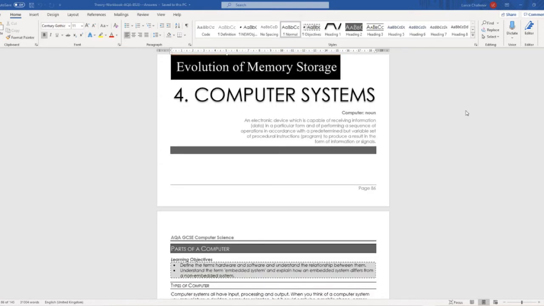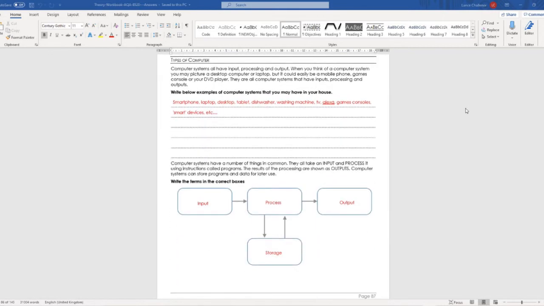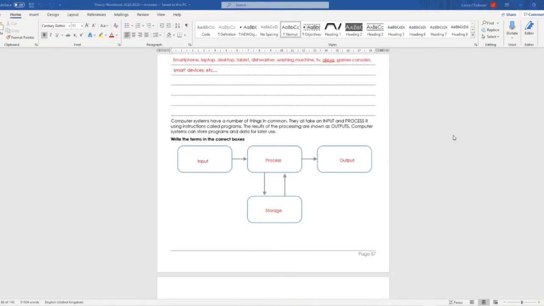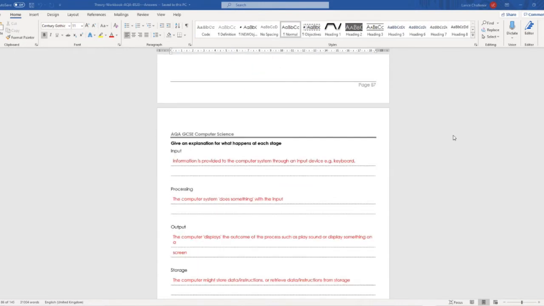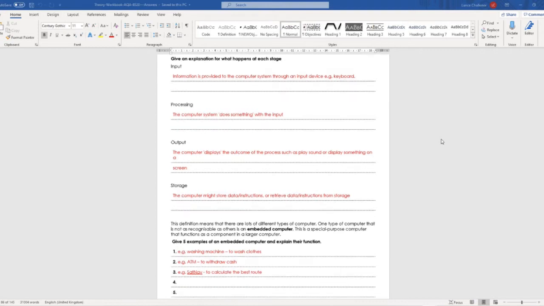So we're looking at computer systems themselves, starting with parts of a computer. I'm hoping that you can all do this without me having to explain it. It's just basic types of computers in your home and the input, process, output, storage model, and then give an explanation for what happens at each stage. Again, it's almost self-explanatory: input, processing, output, and storage. So I'll leave the words up there in case you want to check your answer, but I'm not going to